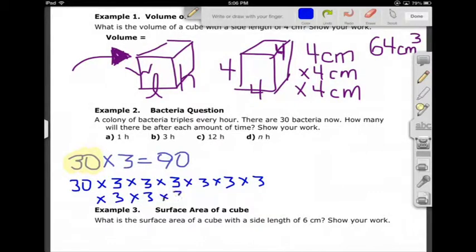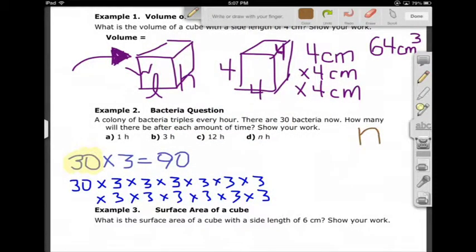This is it after 12 hours. It's tripled 12 times. There's an easier way to write this. If we say that the number of times it could triple could just be given a letter, let's hit done and choose a different color. If the tripling time was given the letter n,